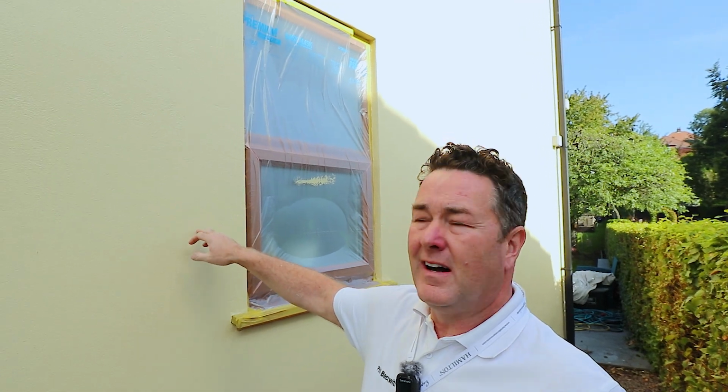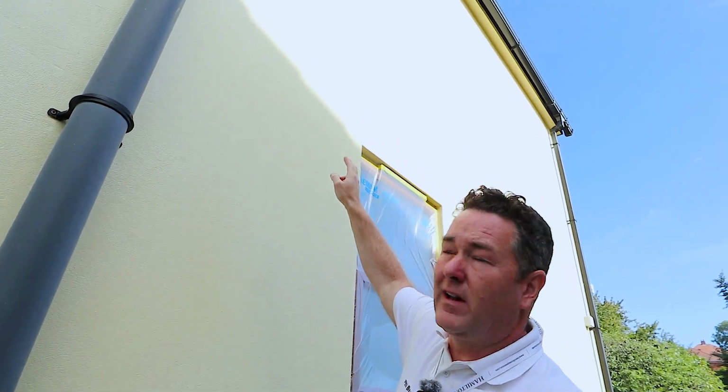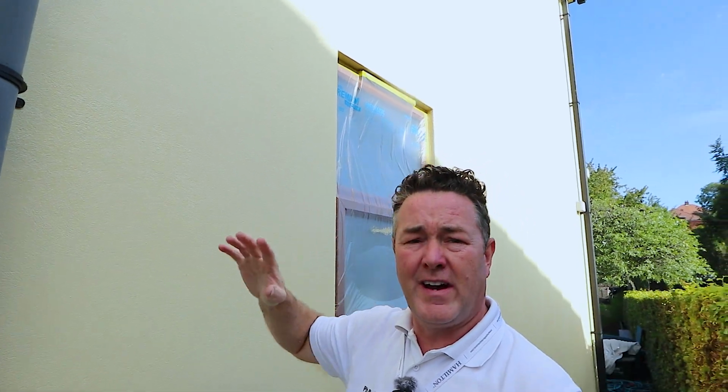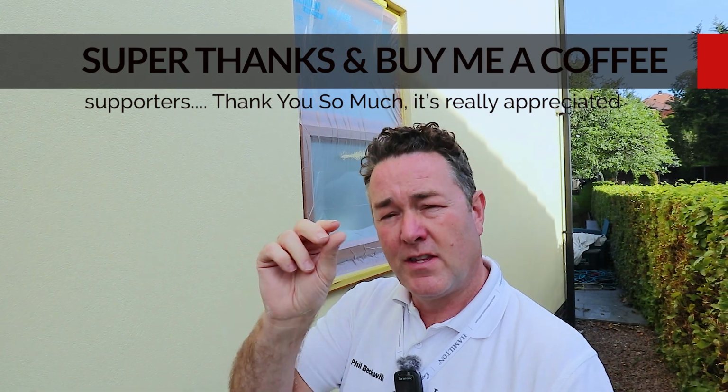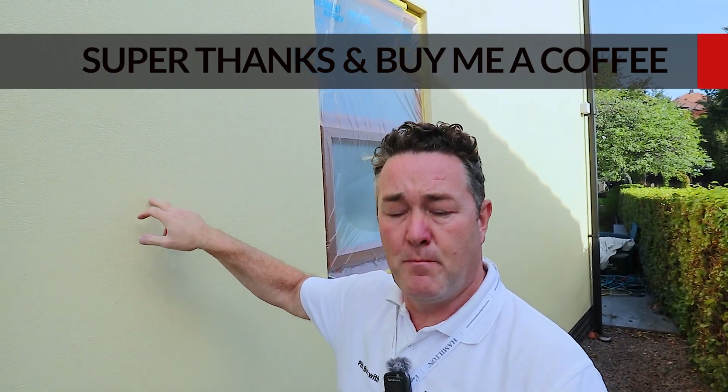Okie dokie, it's now the next day. I'm going to give this a second coat, and a few minutes ago I was talking about the sheen level of this paint. Let's see if I can angle you that way. I can't really explain how nice a sheen level this is. To try and explain it, I would say it's more like Farrow & Ball's modern eggshell, modern emulsion, that's got a slight sheen level. That's what this is compared to,